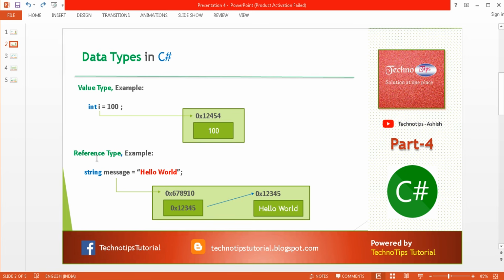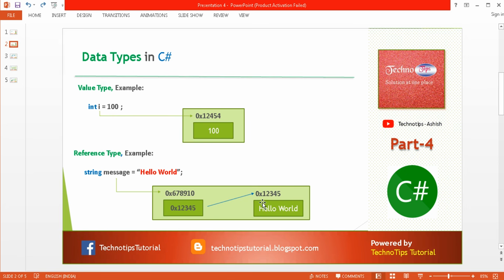Okay, now on the contrary, we have the reference types like string, object, classes. These all are reference type data types, and a string is also a class. So here we have taken a string message equal to hello world. We have allocated some memory for the message variable, and if you notice, it does not contain the actual value, which is hello world. Instead, it is holding an address of some other memory location where the actual value is being stored.